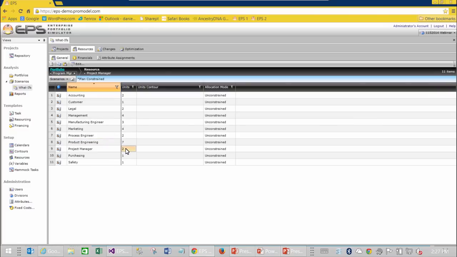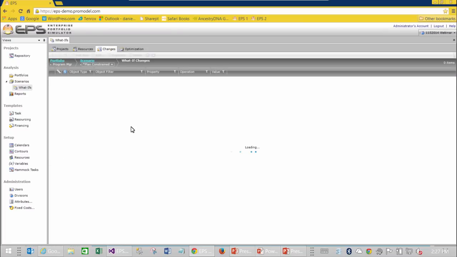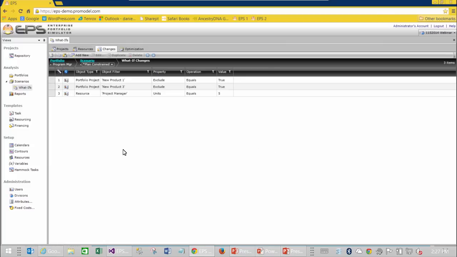Here's my project managers. I'll put 5 of those. And then this changes tab also takes a little second to come up, but it is your prescriptive action items. It remembers all the manipulations that I've made to the base, and it itemizes them for you. So you do this, you do that, you do this. You can see I've excluded product 1 and excluded product 3, and I took the project manager and I boosted